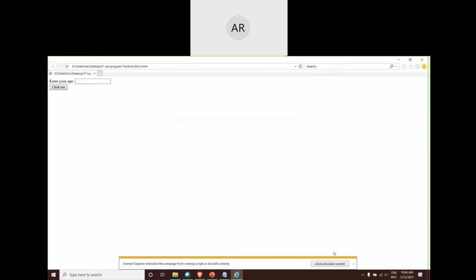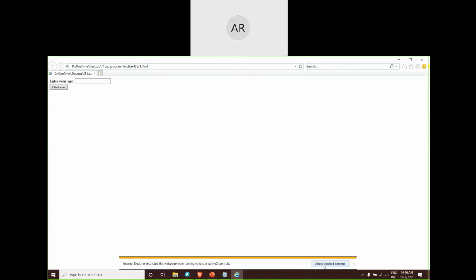Okay. Can you see this yellow ribbon at the bottom of my web page? It is asking: restricted the web page from running scripts or ActiveX controls.